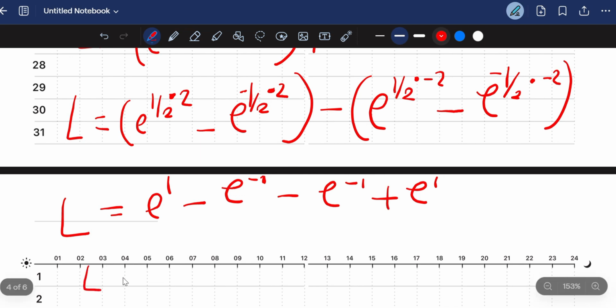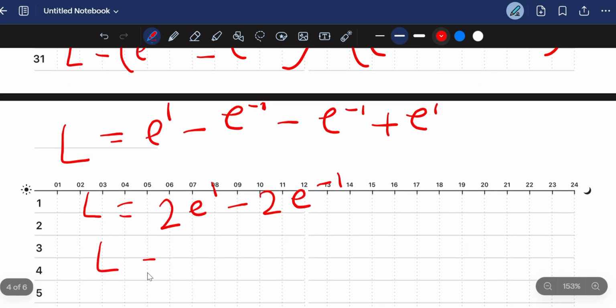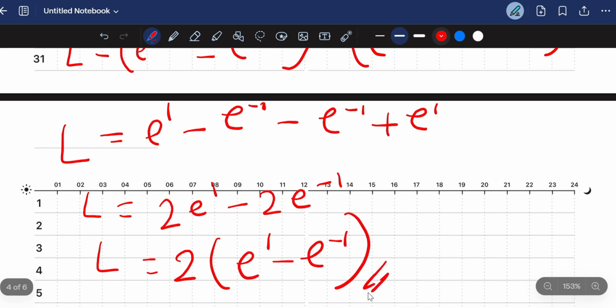And then we're going to have our arc length equal to 2e raised to 1 minus 2e raised to negative 1. Now you can use a calculator and solve this. But pretty much I know I am not allowed calculators in calculus exams, so leaving this as your final answer still gives you a